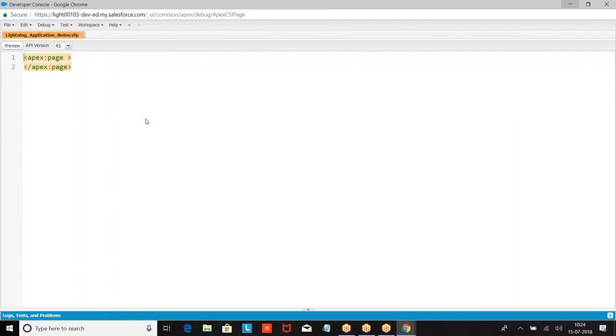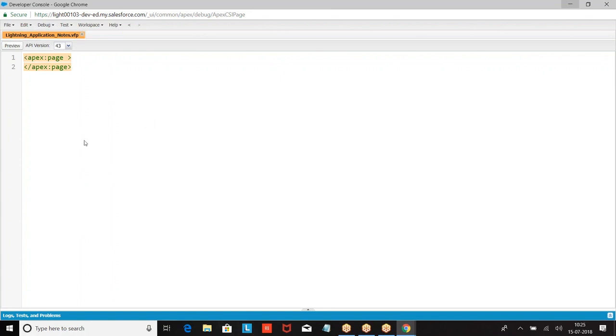Every Lightning application will start and end with aura:application, just as your Visual Force page starts and ends with apex:page.